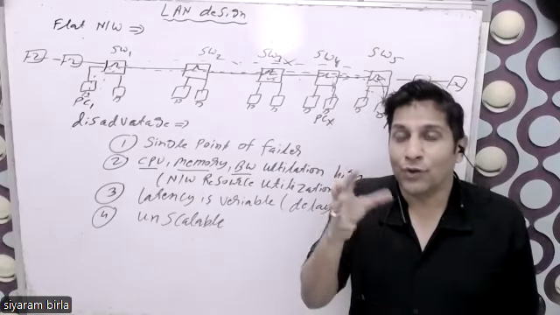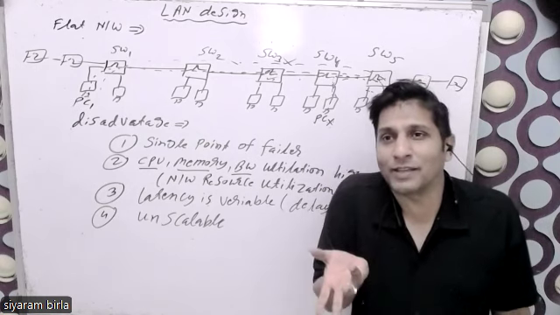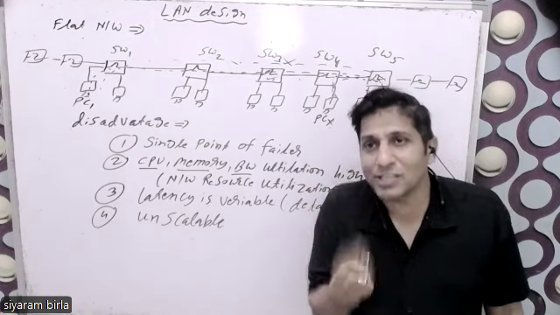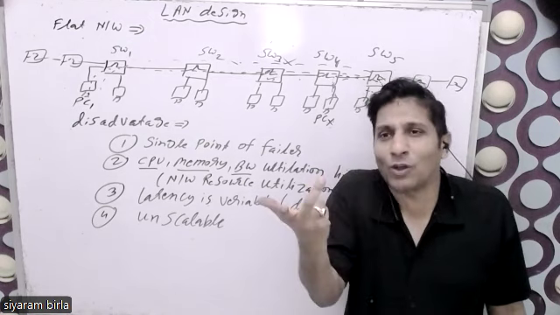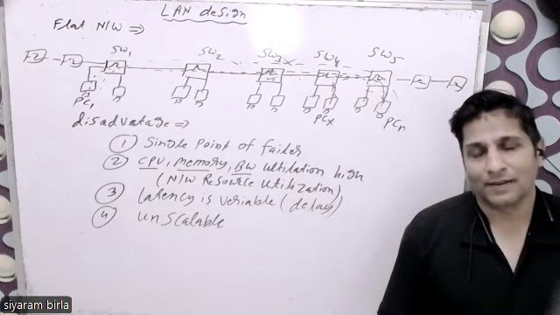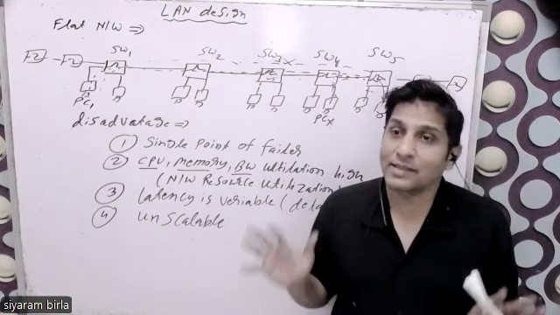Scalable means if we are running the current technology and we run 5G technology over it, my network is successful. My 4G network is successful in launching 5G technology. That is called a scalable network. And if the network fails, that is called an unscalable network.